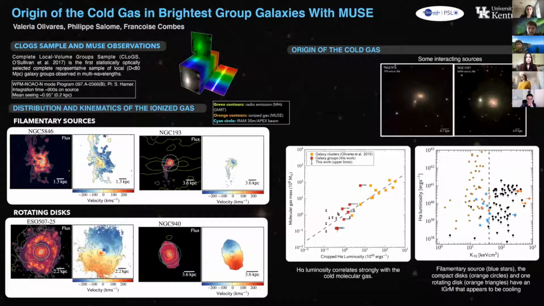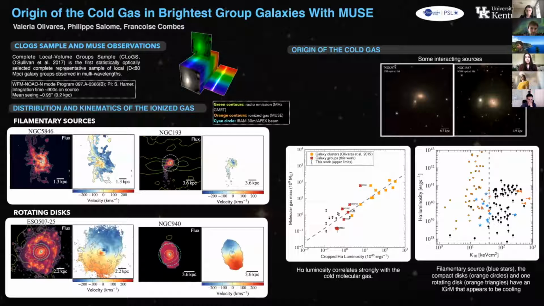So I'm also presenting a second poster. The main goal here is to study the origin of the cold gas in central group galaxies using beautiful MUSE observations and some archival data. So we know that the cold gas in clusters is formed from hot gas condensation, but in groups, this is unclear as groups are a more diverse class. Galaxy mergers here are expected to be more common as well.